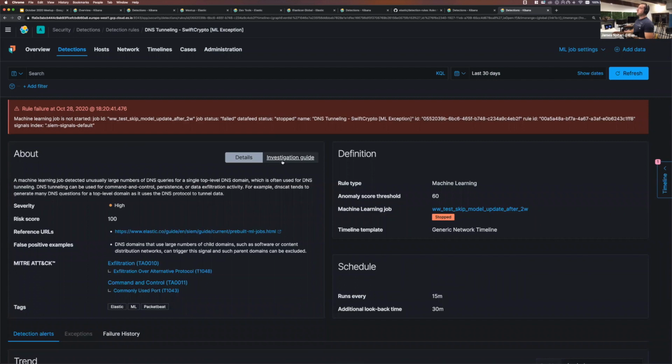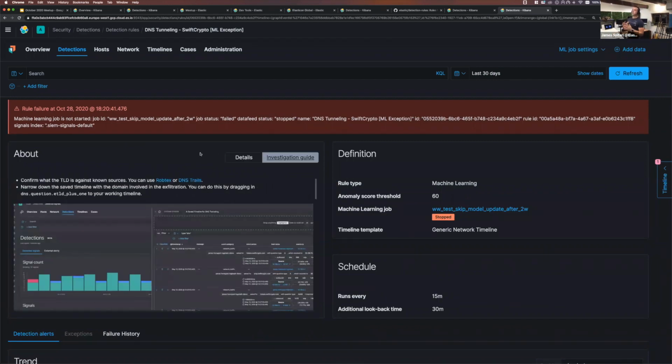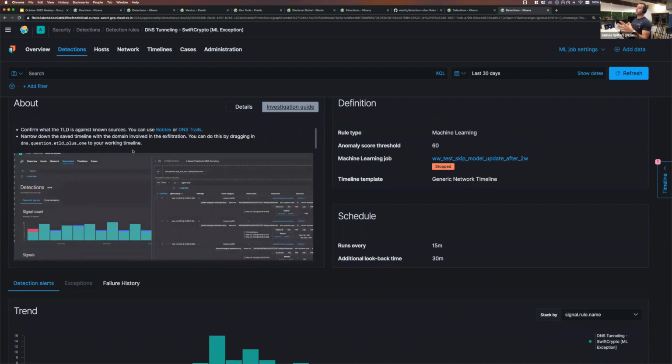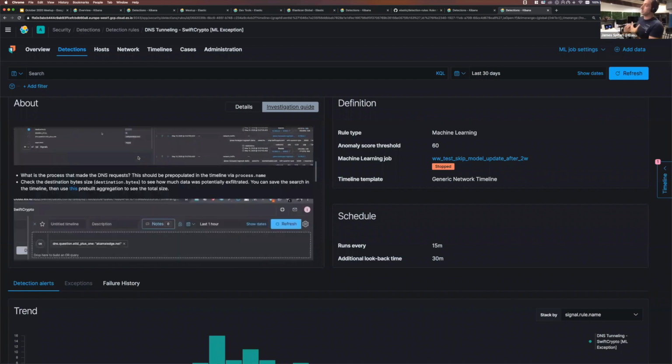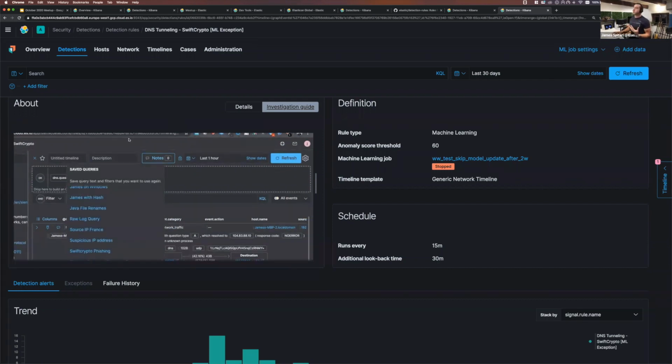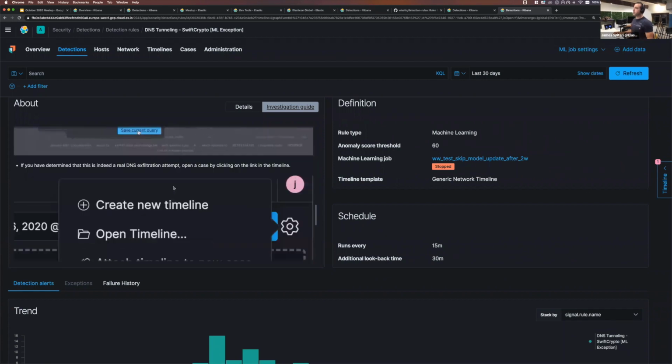Something I want to highlight on this one is the investigation guide. So we bundle in the ability to have an investigation guide, which basically allows you to create a step-by-step guide of what someone should do when investigating a particular detection. So we're not going to make the assumption that everyone knows everything. So we do give the ability to create those guides. So you can see here I have a guide which is telling me everything about this rule, but also how to use the different parts of Kibana. Maybe not everyone's familiar with Elastic Security, so I included a few GIFs in there. It just makes it really handy for someone to follow, being able to have that markdown syntax with images, and so on and so forth. So really nice to have that in there.